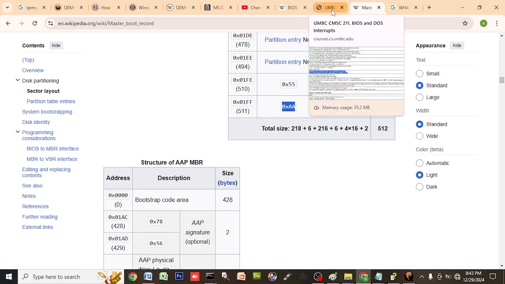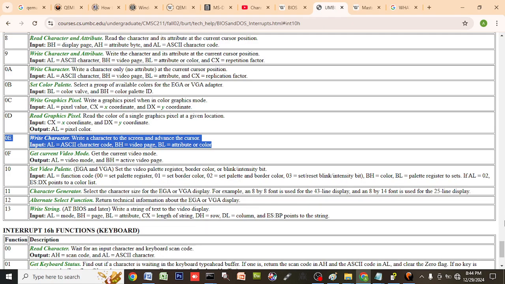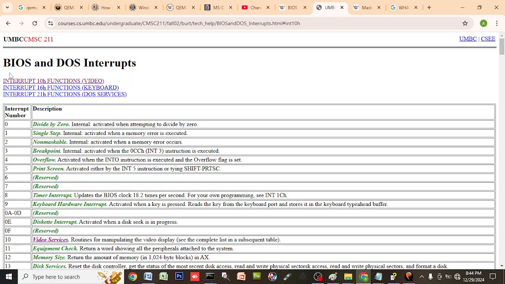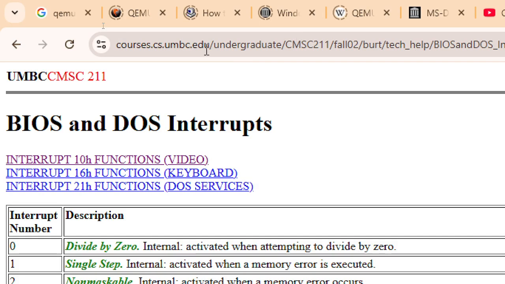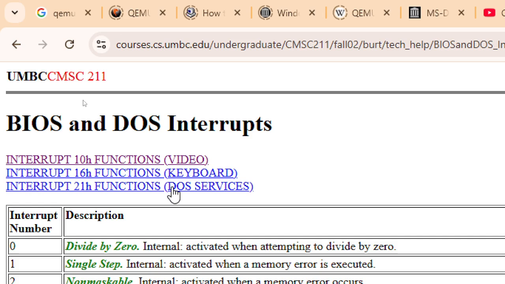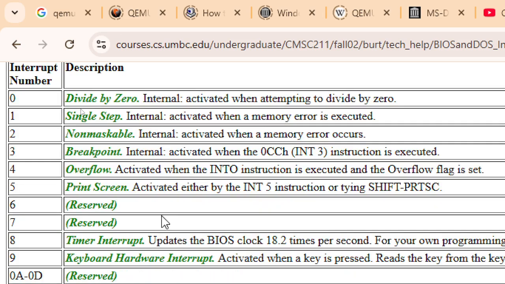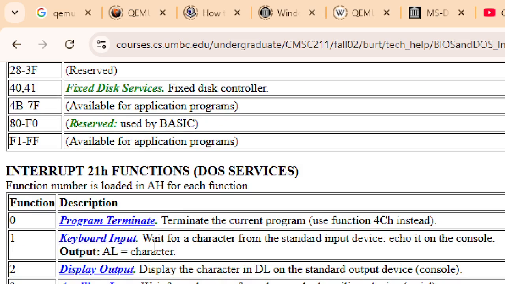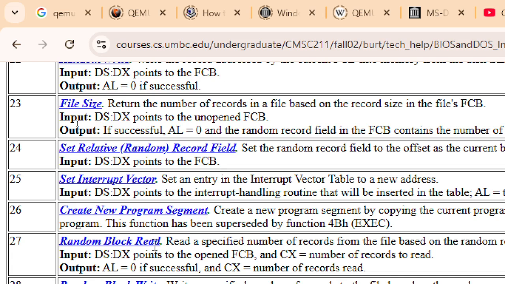Before we proceed in our lesson, I want to show you this. You research about BIOS and those interrupts. So this is how they run the interrupts. This is the UMBC undergraduate IT course. Just search Google, give me BIOS and those interrupts. As you can see here, there are a lot of interrupts, and let's try to focus on